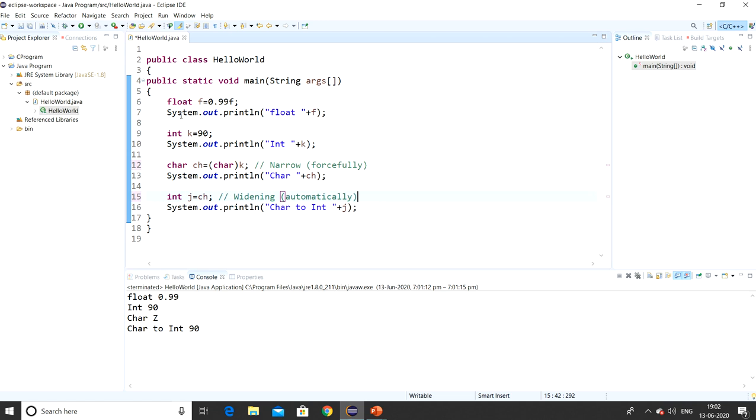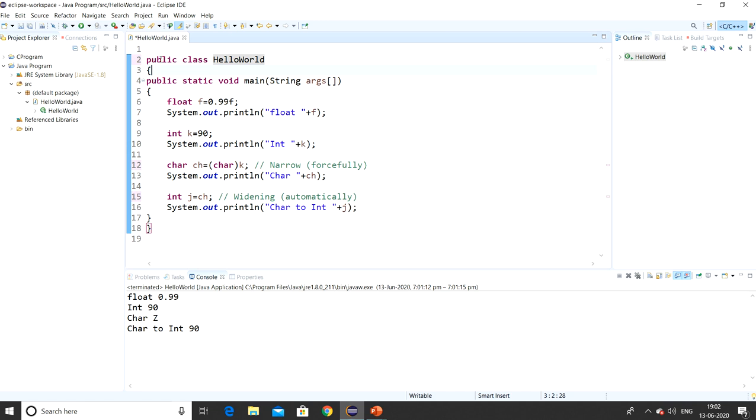If you don't know how to open Eclipse and how to make a new project in Eclipse, I have made a video on downloading and installing Eclipse. In that I told you how to make a new class in Eclipse. See that second video, so you will be more aware of it. This is a class name, as we discussed in the Hello World program. Remember that the class name and the project name should be the same. If they are not the same, it will show an error, or it will directly change the name here also.